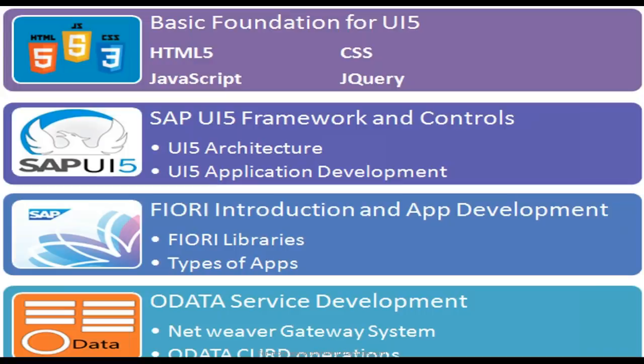Maybe you could be a functional consultant. You can also learn SAP UI5. Yes, there is zero prerequisite to learn this course. Zero prerequisite to learn this course. Reason being, we will cover this basic foundation as part of the course itself, which includes HTML5, CSS, JavaScript, and